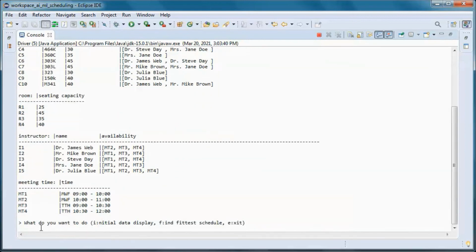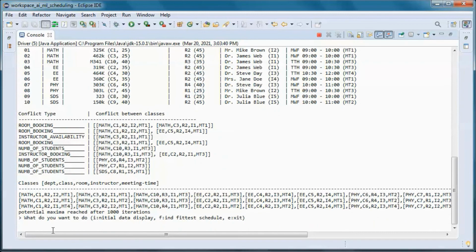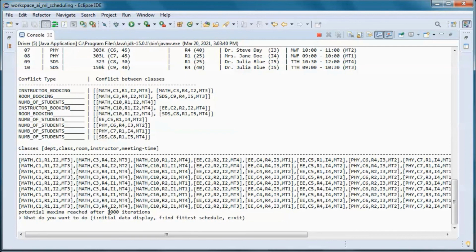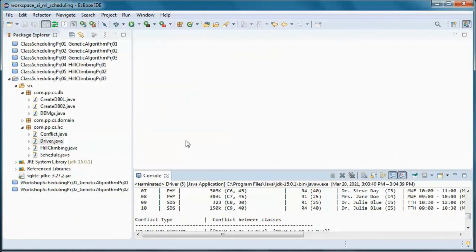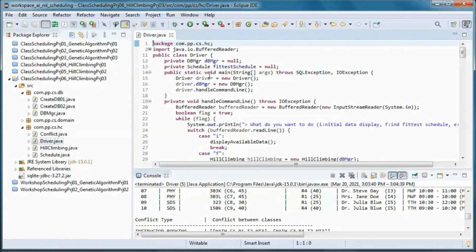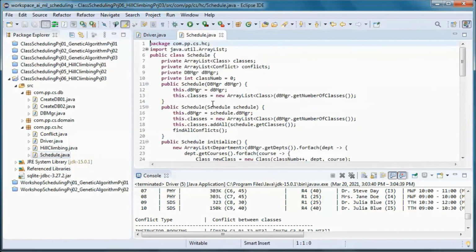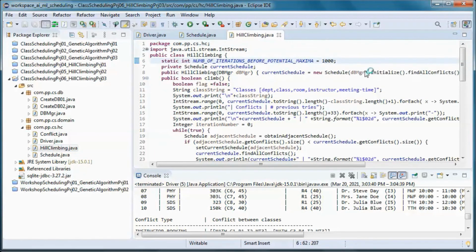So let's try finding the fittest schedule. And maybe we need to increase the iteration. So maybe make it 3000.